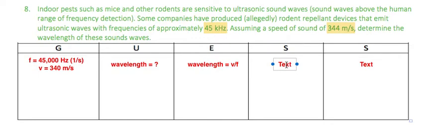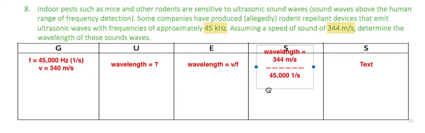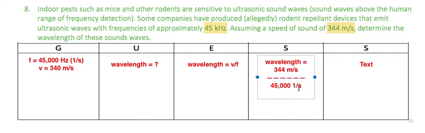And now for our substitute, wavelength equals, plugging in from our given information, 344 meters per second divided by 45,000 1/seconds. So what happens here when we have a fraction in the denominator,